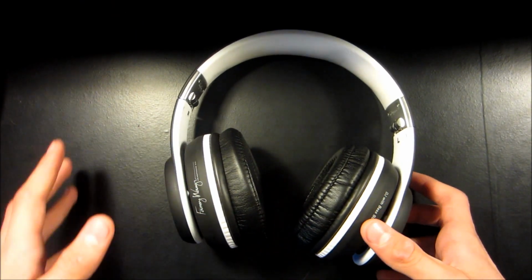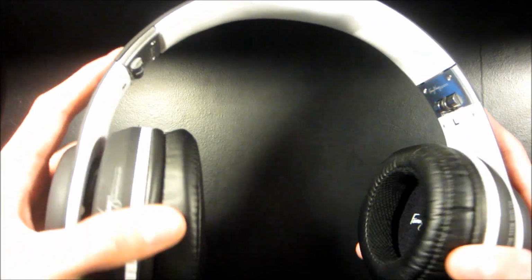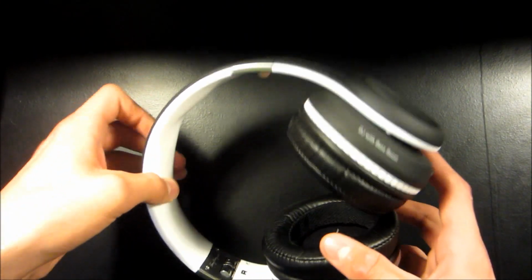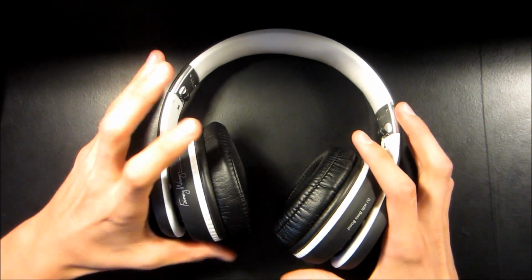I'm not going to do a full stress test. I bet you can find those more on YouTube and other sites, but they really do fit any size of head, and they work really well and should hold up to normal wear and tear. Even if you are kind of a destructive person, they should hold up nicely, as some people say they're more durable than Beats by Dre. I got that from that snazzy iPhone guy when he reviewed the 2001s,